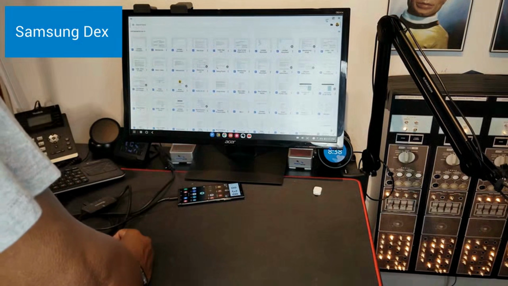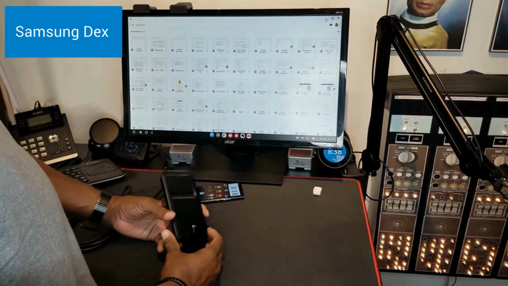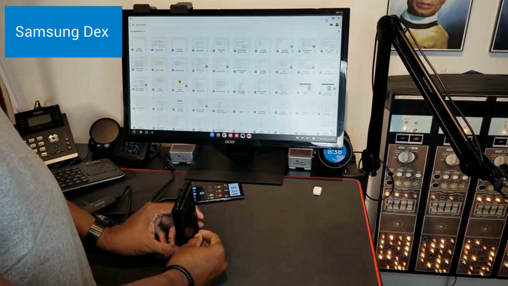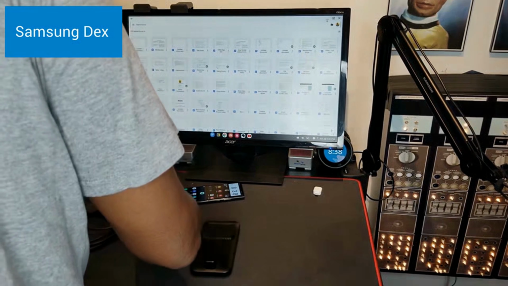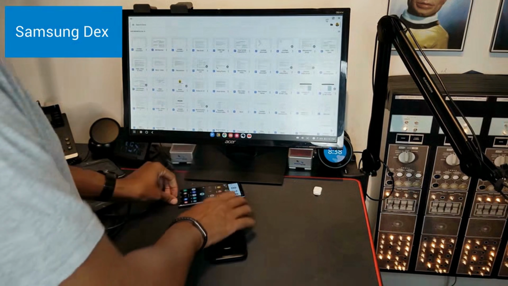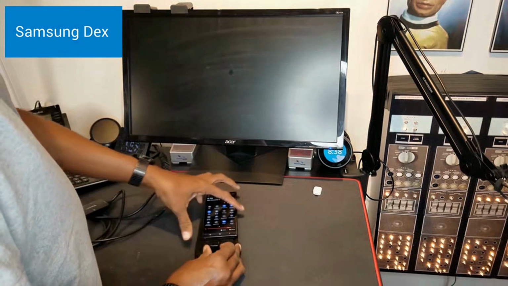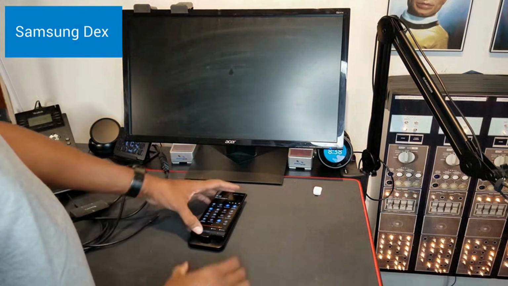You can go with the original Samsung DeX docks. They are more expensive, and you don't get anything more from them other than the fact that they look cool. Plug your HDMI monitor in, your power in, your USB-C, and instead of doing it that way, you would just plug it in like that, and it goes.